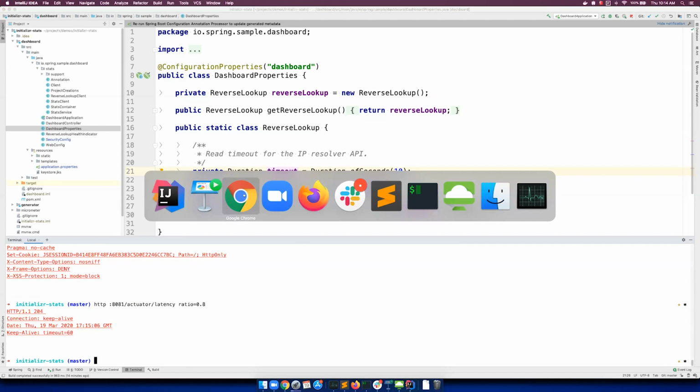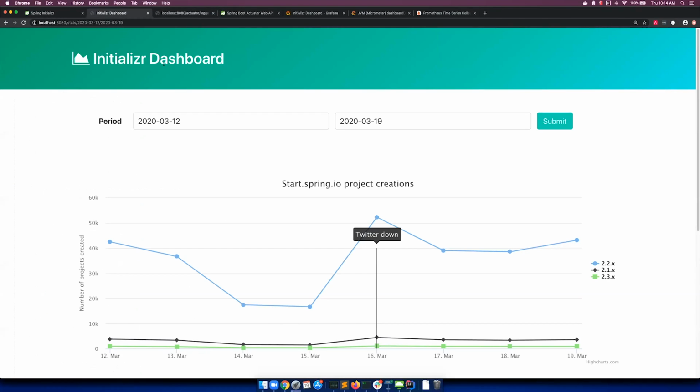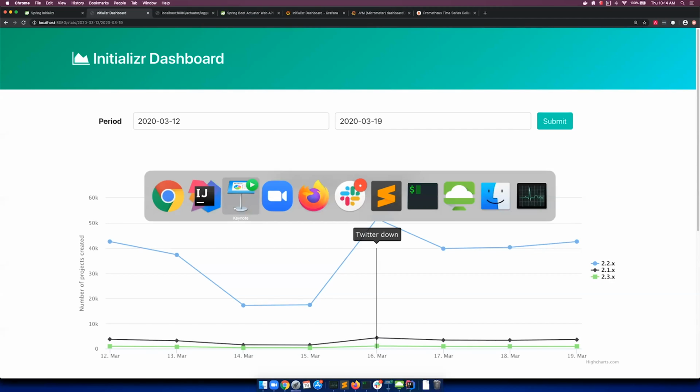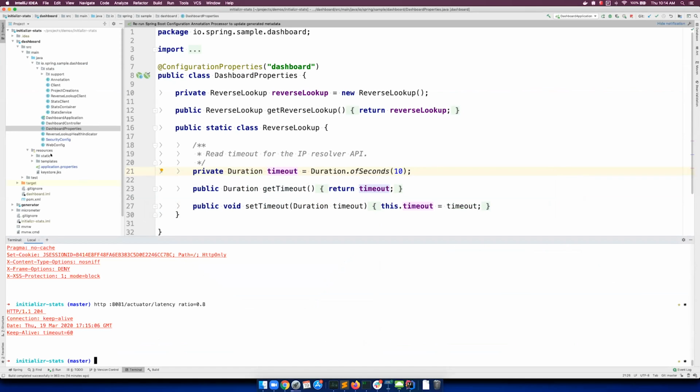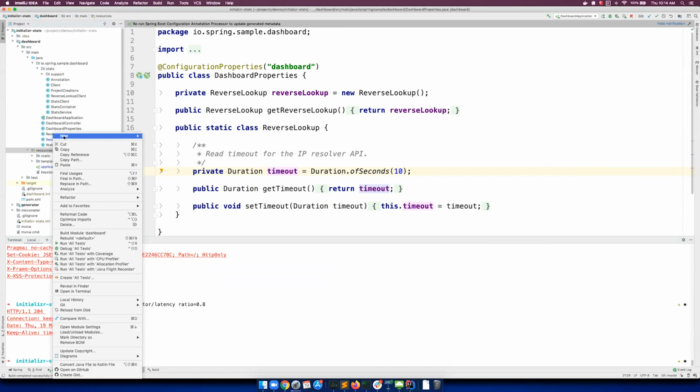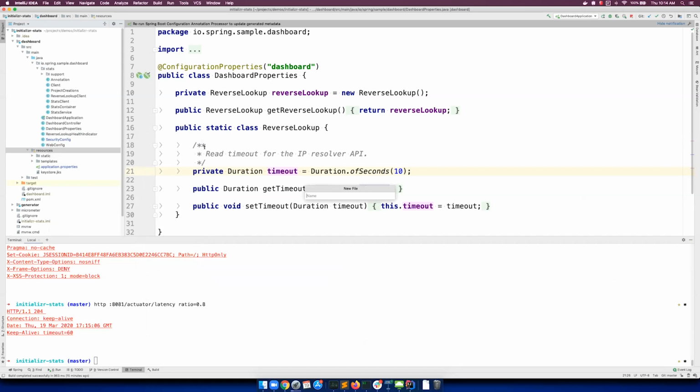So now if I go to my dashboard and refresh this page, you can see it's really slow and it's not refreshing very fast. So in development, you might have a higher tolerance for this, but in production, you don't want your users to face the slowness. So what you could do, using the profiles feature, is add a new file